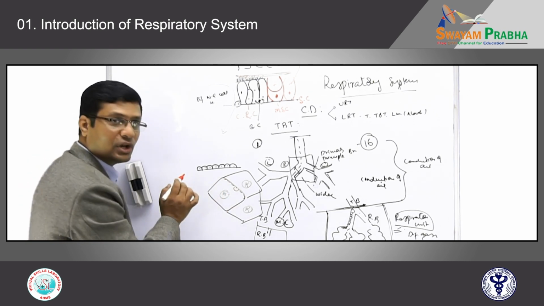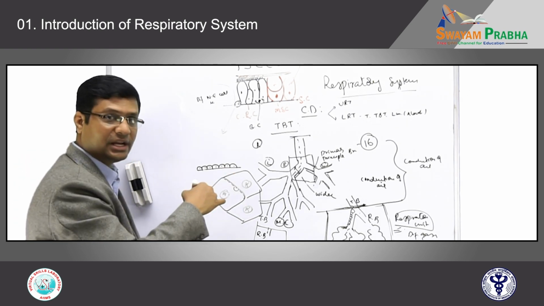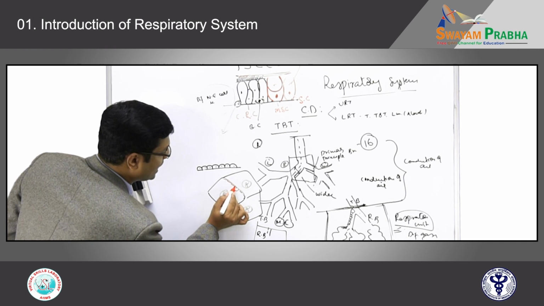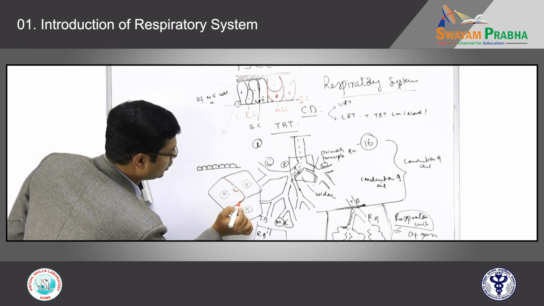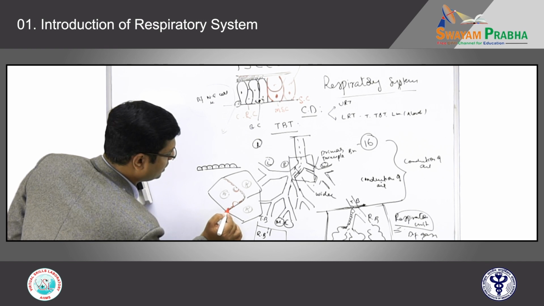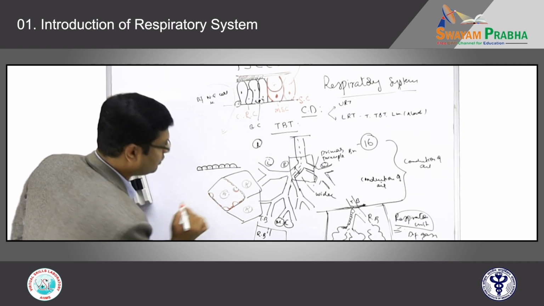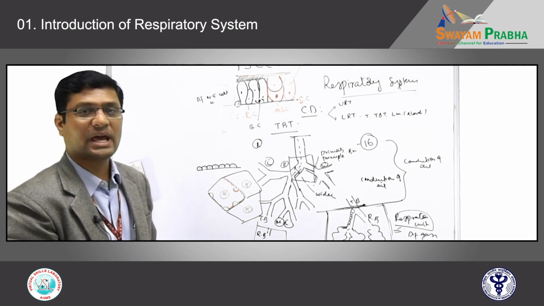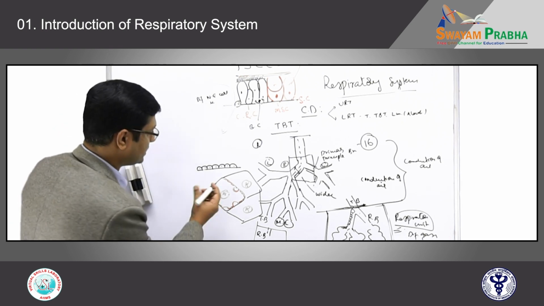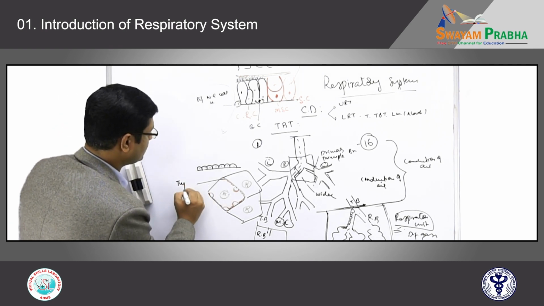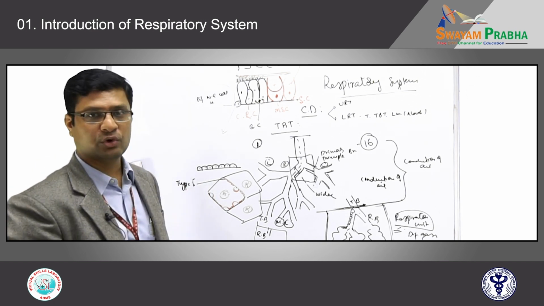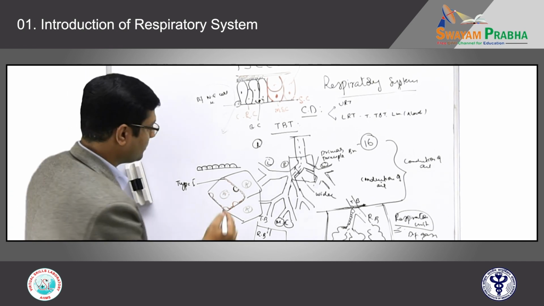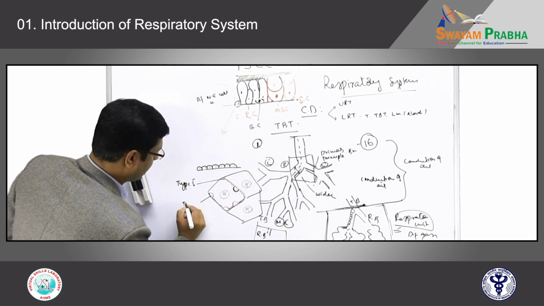So, these alveolar septa are lined on the inner side by simple squamous epithelium, flattened epithelium, and occasionally one big cell. The flattened epithelium which lines the alveoli, where actually the diffusion takes place, we call type 1 cells, type 1 pneumocytes. In between, occasionally you will see the big cells which pop out into the lumen of the alveoli. These are called type 2 cells.